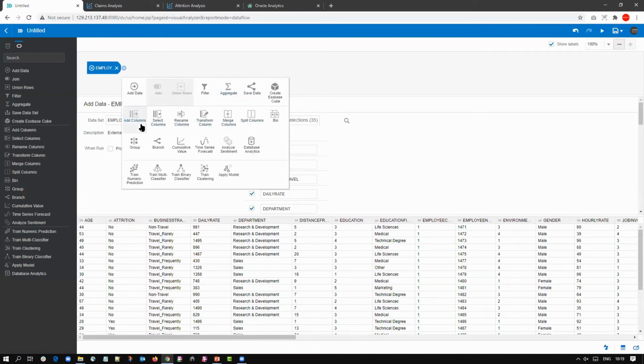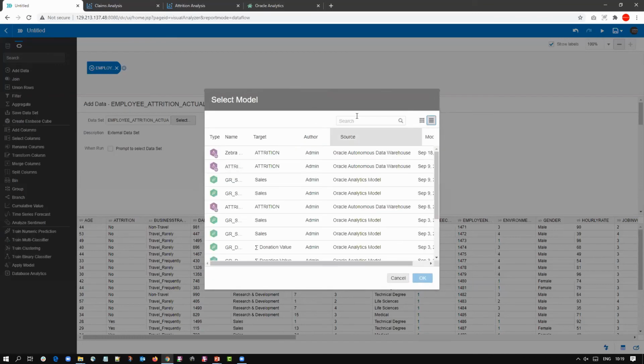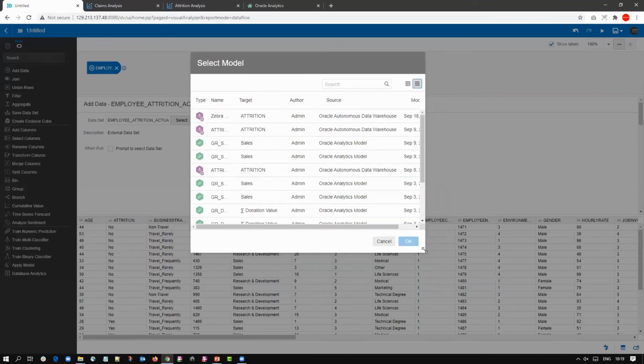We can transform, remove. I could actually do some of that stuff right now, but for time's sake, I'm going to move on and go to apply model. Before I click on this, if I wanted to train an OAC model myself, I could. That's where I would come. In this demo, I'm just using a model that I pretend that Ziga has built on the database. So I'm going to apply the model, and there I see a lot of different models that have been